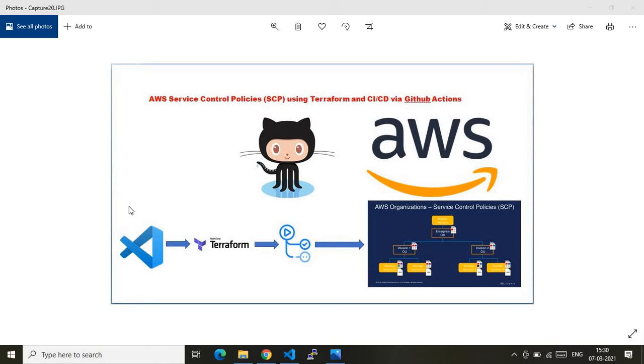In Visual Studio Code, I will be coding my Terraform code. Once the coding is done, I publish the code to my upstream branch in the GitHub repository. Once I make the respective pull request merge, the GitHub Action, which is meant to provision the AWS services, here service control policies and creating the AWS OU, that is organizational units, will be provisioned at the end. That's what this complete picture represents. With that, let's jump directly to the code walkthrough.